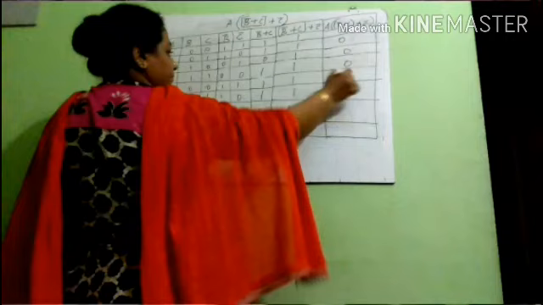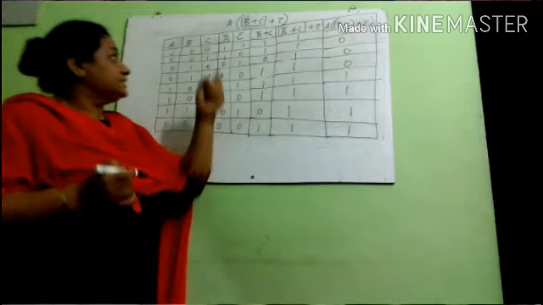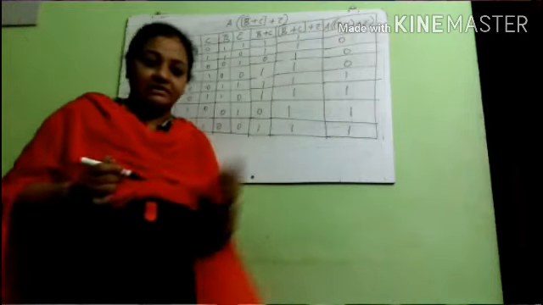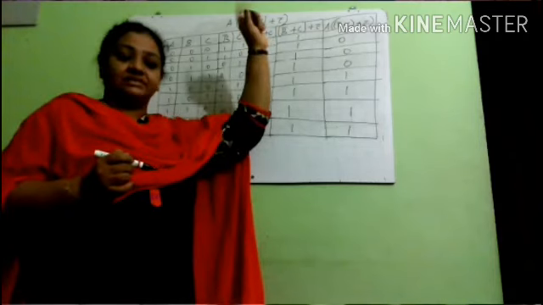These two columns you have to OR. If any one of the inputs is 1, the output is 1. If both the inputs are 0, the output is 0. Then we have got this column. Let us OR with C bar. B bar plus C ORed with C bar. So the next column is B bar plus C, then ORed with C bar.